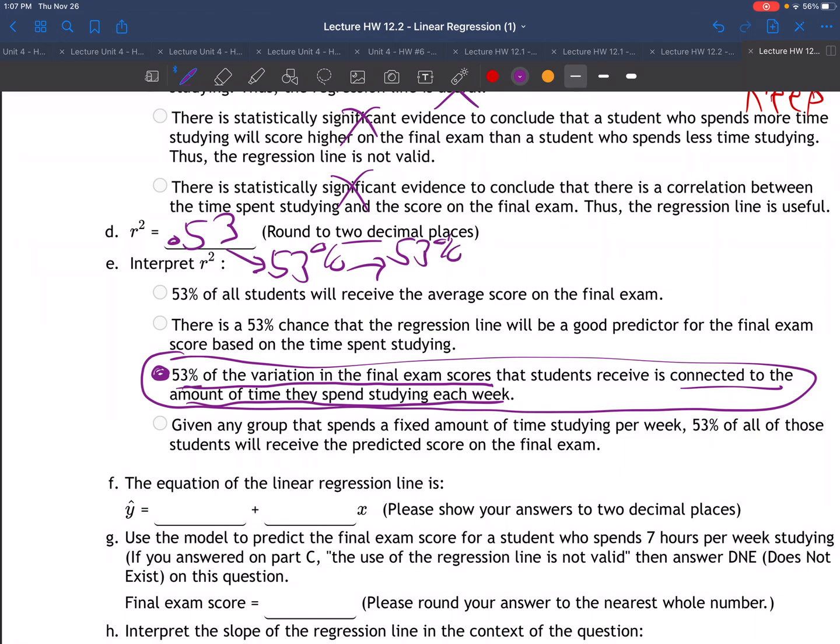Well, I can't say it better than this. 53% of the variation in the final exam scores. 53% of how well you do. 53% of how, maybe I can say it a little bit better, of how well one does on the final is